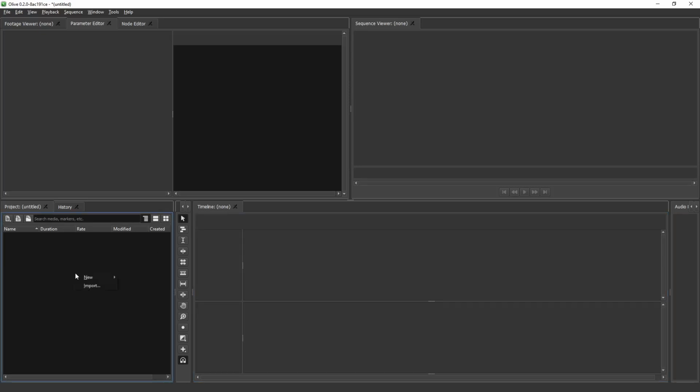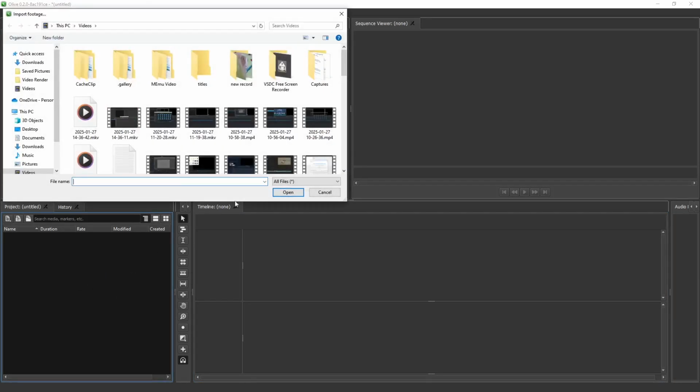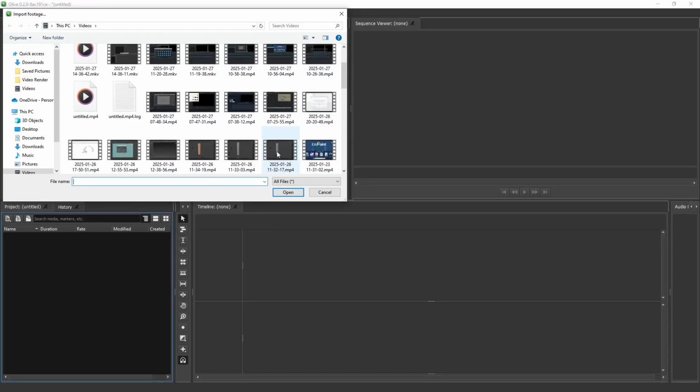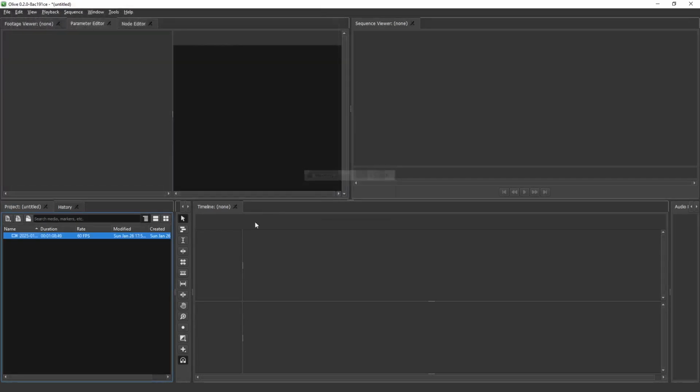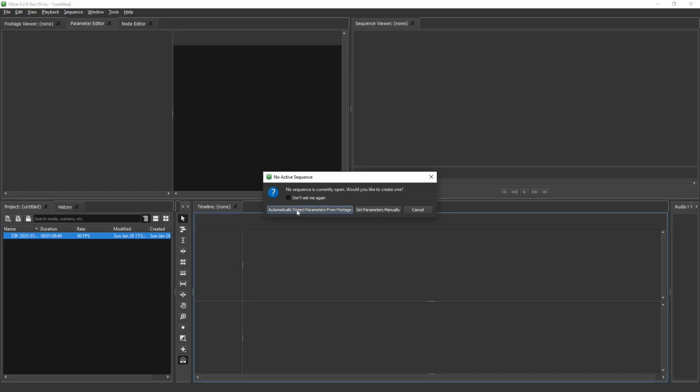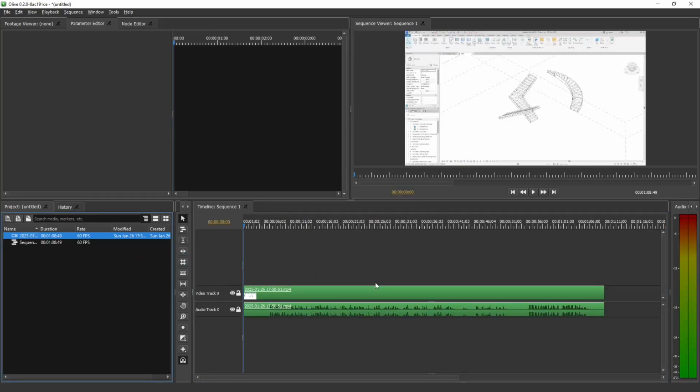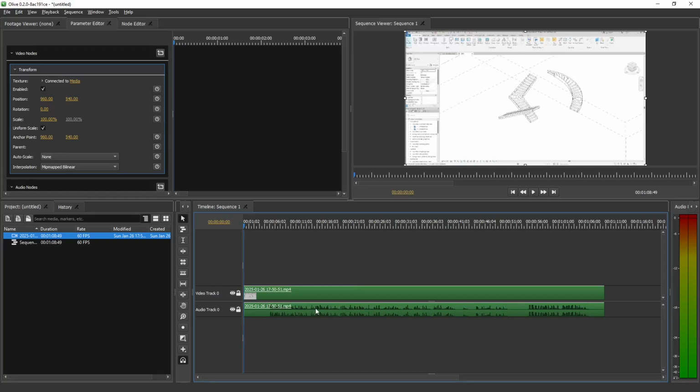You can right click and import the example video. I will use this video, click open, and then move the video into the track. Use automatic detect, and then if you want to crop this video, you can select the video and then you